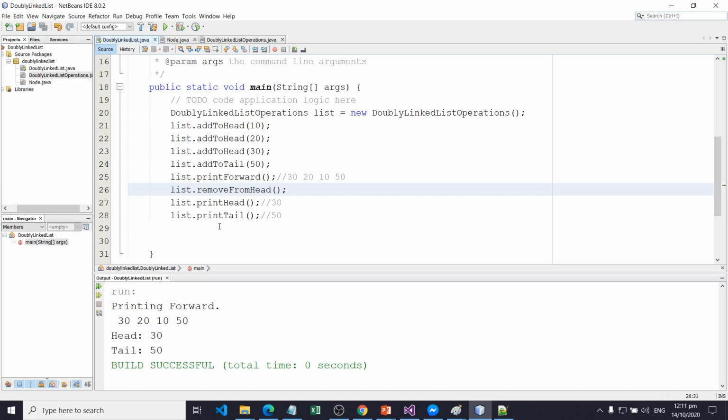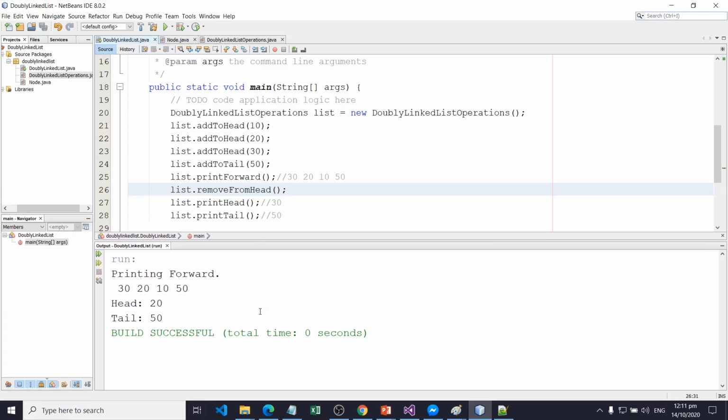So we have to run this one. We have here printing forward: 30, 20, 10 and 50. Since we have called the method remove from head, the head now is 20 instead of 30, and still the tail is 50.